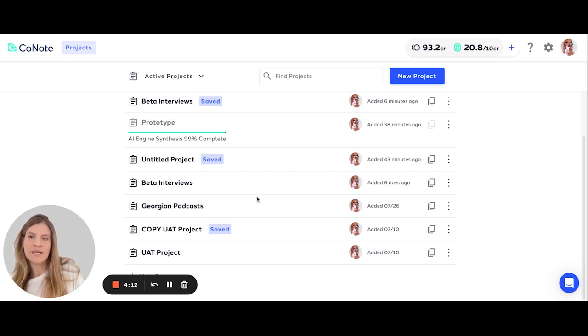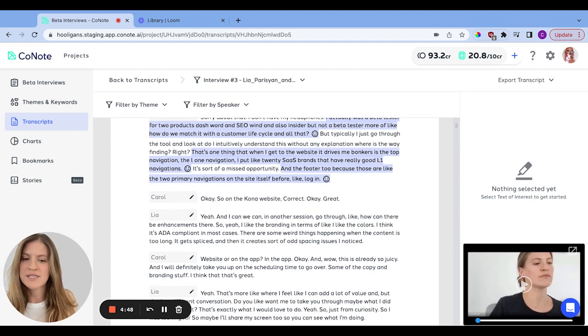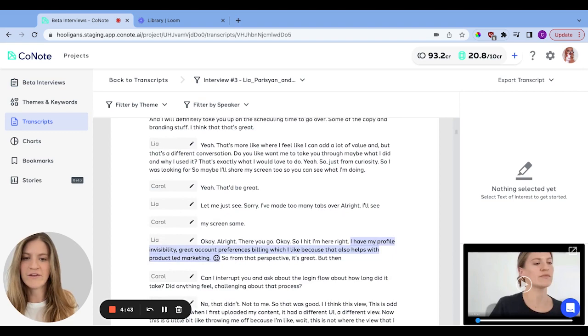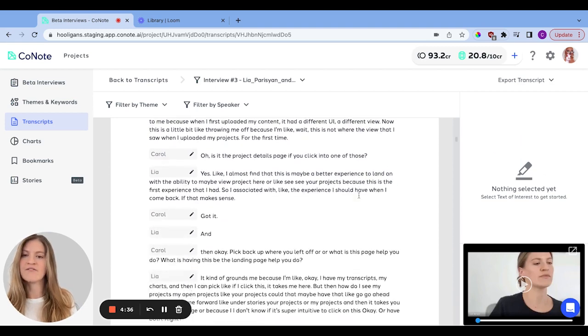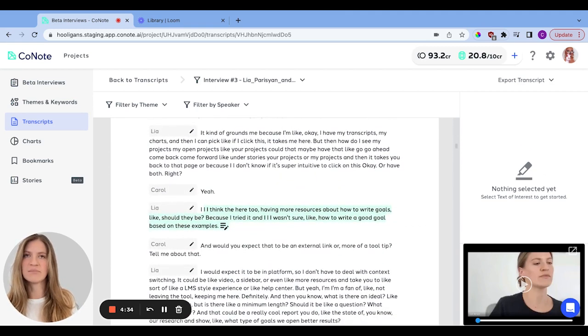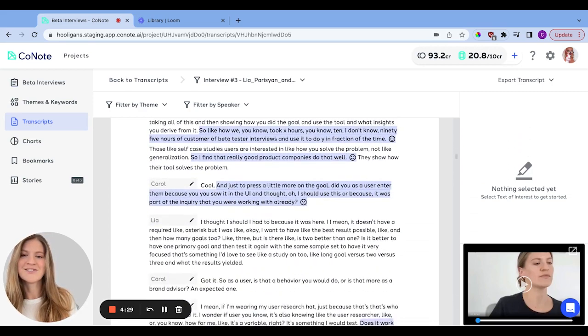Conote really helps me get to the important bits more quickly. Here you can get a sense for how Conote comes alongside me to help me process findings quicker and more efficiently. If you think of each individual transcript as a terrain of potential insight, Conote acts as a wayfinder because its AI identifies key parts of this conversation and elevates them in the transcript. So if I'm scrolling through and trying to place myself in the conversation, my eyes jump quickly to the most